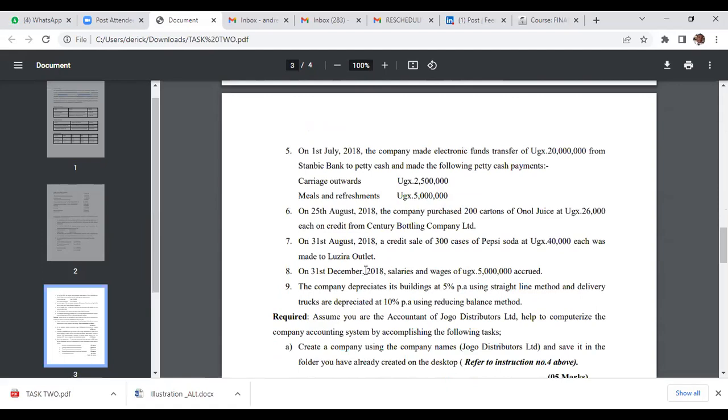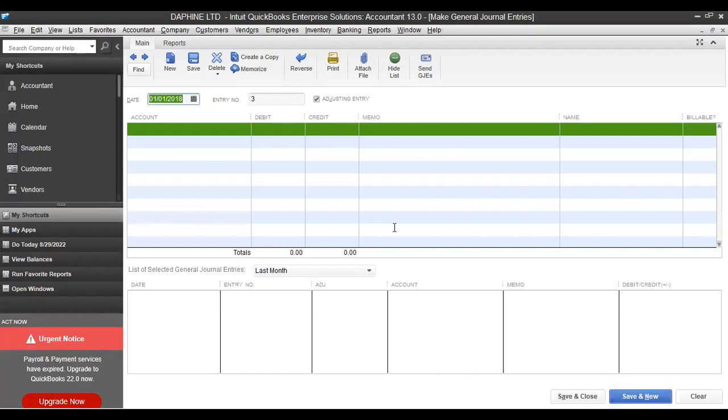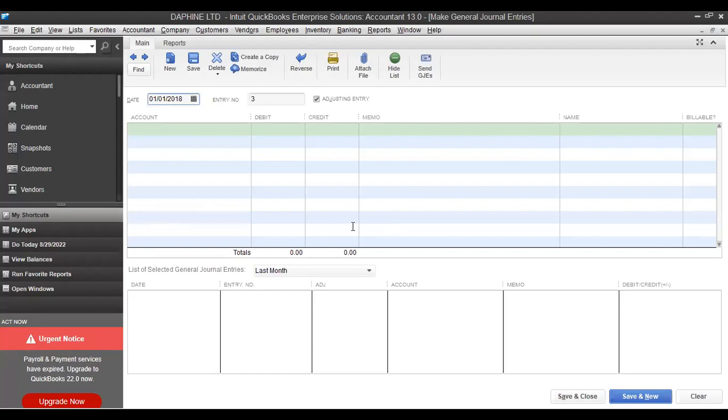They said on 31st December 2018, salaries and wages were accrued. Then they said the company depreciates its building at 5% per annum using the straight line method, and delivery trucks are depreciated at 10% per annum using the reducing balance method. So guys, that's what I'm trying to say. Let's continue. We are going to capture accumulated depreciation. For the asset you covered, let's look at accumulated depreciation. We're given accumulated depreciation for the delivery trucks at 14 million. But the question requires